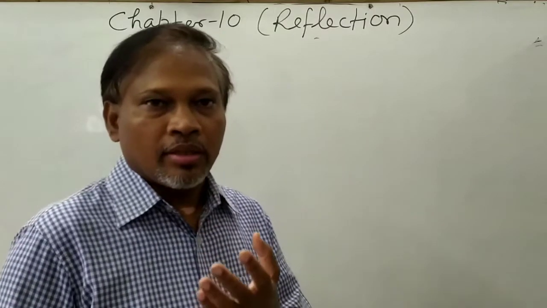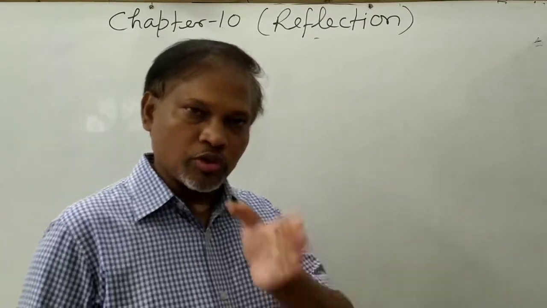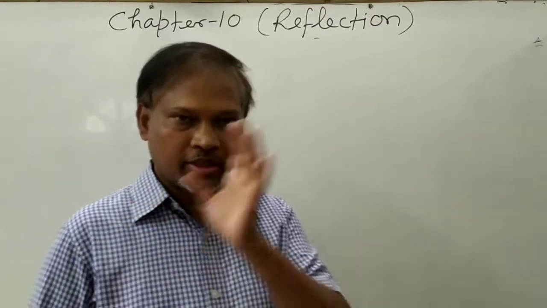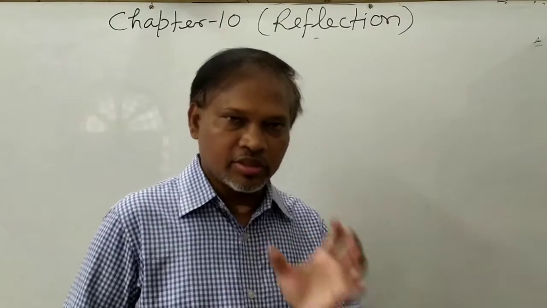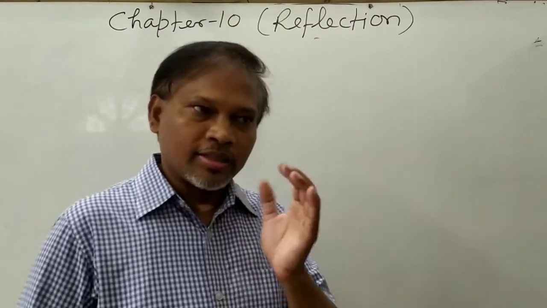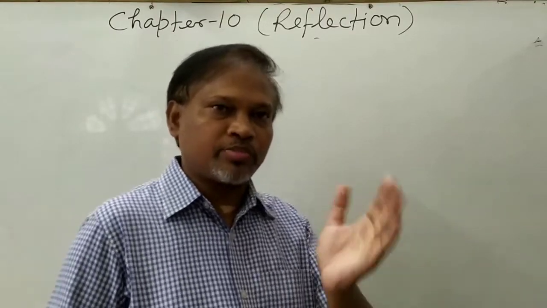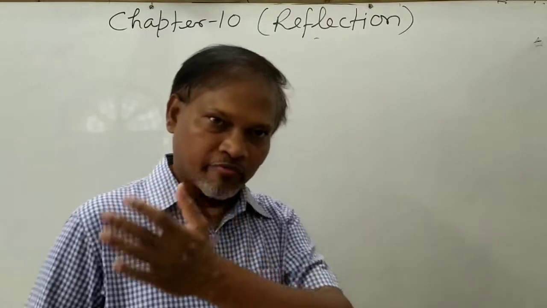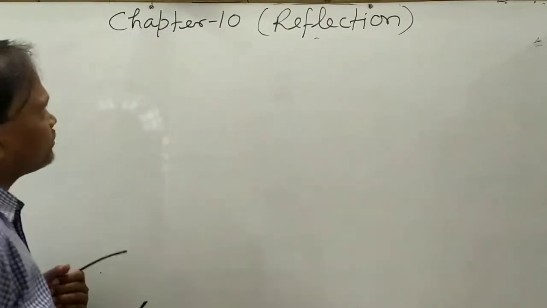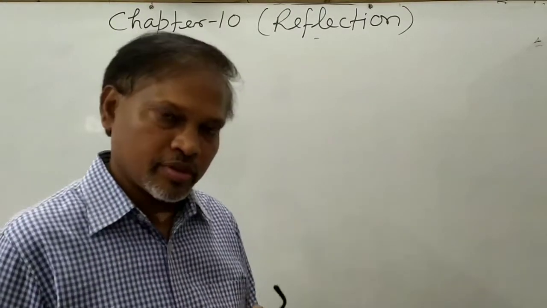Especially, the distance of the image to the mirror is equal to the distance of the mirror to the object. Means both will be the same. And means you can say at the same distance the image will be formed where the object is placed in front of the mirror. The same way here also the reflection, but we will use here the graph